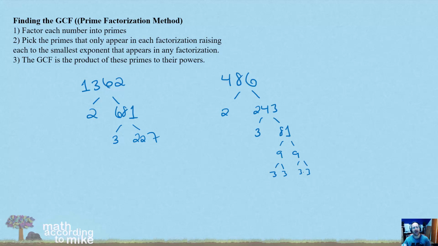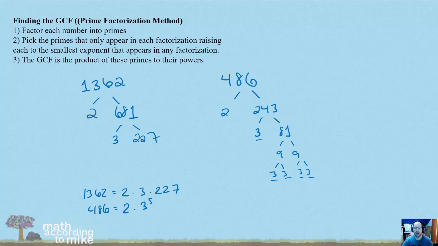Does the order in which you break it down matter? No. Let's suppose for 486 you said, clearly the number 9 works. And you broke that down as 9 times whatever that would be. That's fine. Everyone should still end with the same factorization. So 1362 is the same thing as 2 times 3 times 227. 486 is the same thing as 2 times, we have 1, 2, 3, 4, 5 3s, so 3 to the